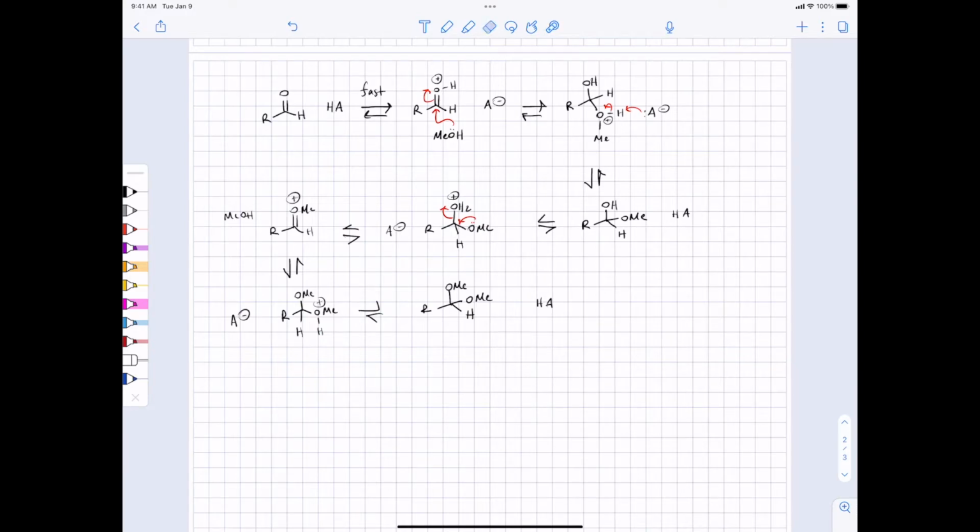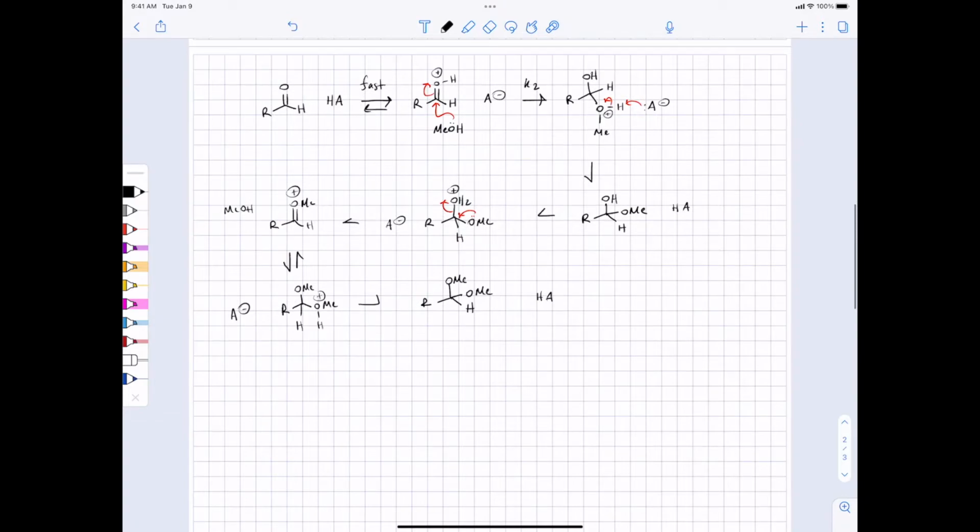Okay? So we won't worry about any of the other steps after this point. We're going to say that beyond this point, the reaction's fast. So we can say, for example, that the appearance of our product, P,